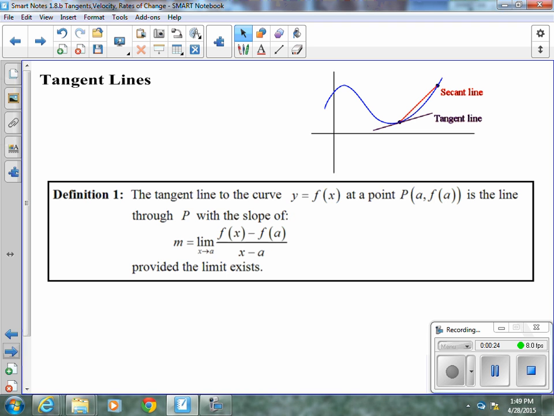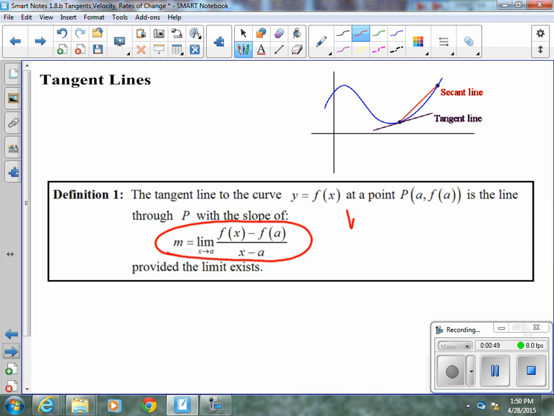It's been tricky so far because to get slope, you need 2 points. But now that we know limits, you don't need both those points. So, here's our first way of finding a tangent line. It says the tangent to a curve, y equals f of x at any point P, (a, f of a), is the line through P with a slope of, so our formula,